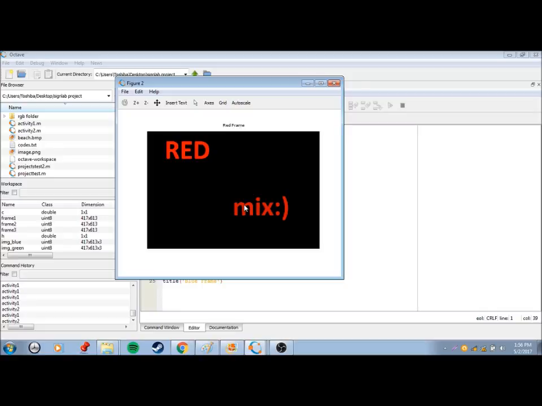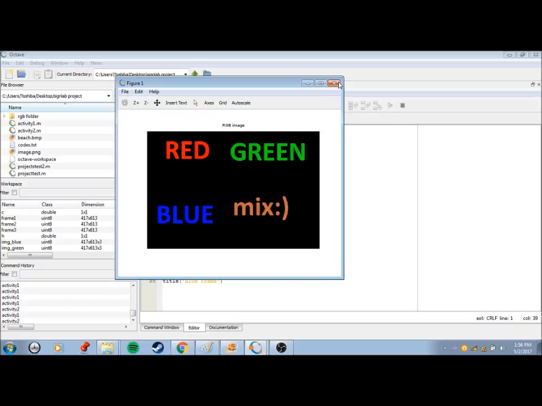Compared to blue and green, the mixture in this red frame is more red, since 200 is higher than the green and the blue values. So that's the original image. If you combine those three, the red, green, and blue, you will get this image. Those three images are what it took to create this one image.